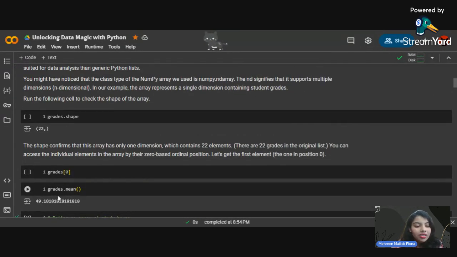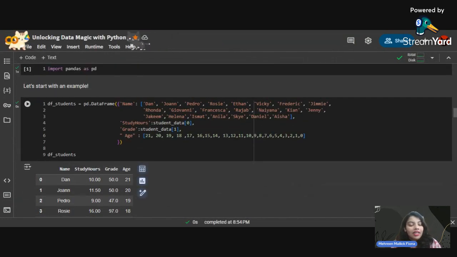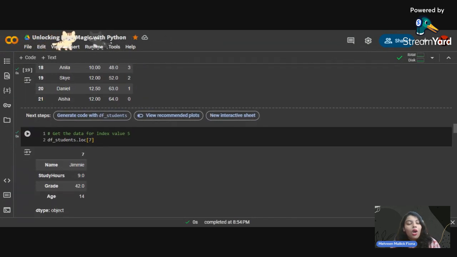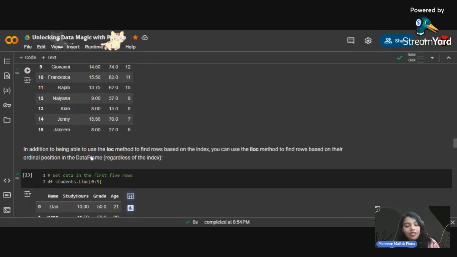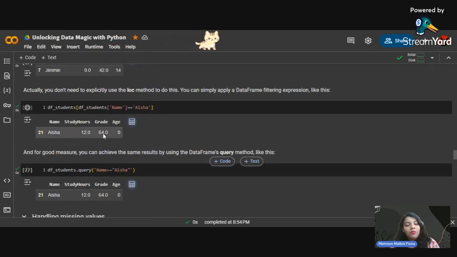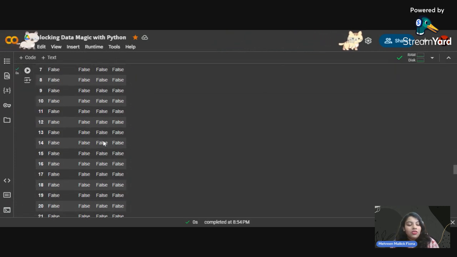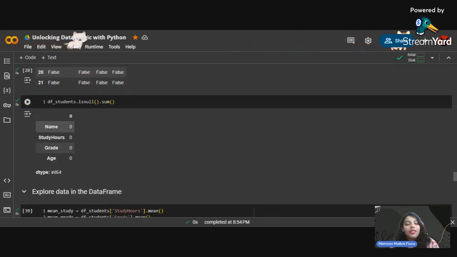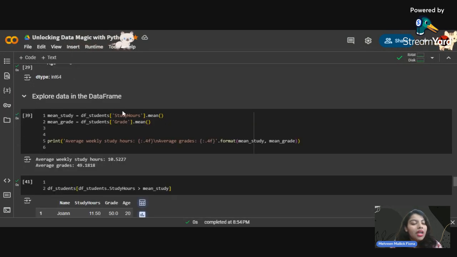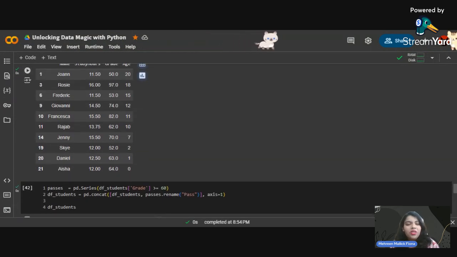And this is our session for today. We got to know about pandas, how we can assign a data frame, see a data frame, and locate values in the data frame. Similarly, how we can access the values with a built-in function and without using a built-in function. Then how we can handle missing values just using the null function. We can check whether we have null values or not, and also calculate how many null values we have. And we explored a short example where we can analyze and impose some condition on the data frame and come to a conclusion. So that was all for today.